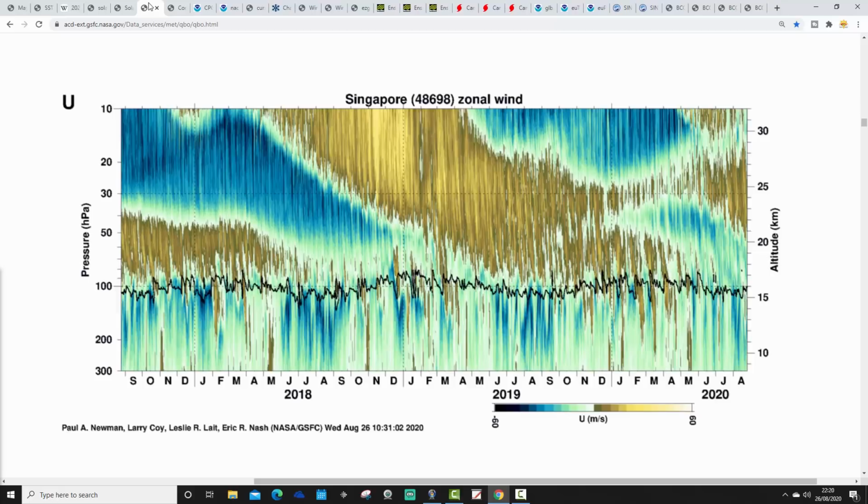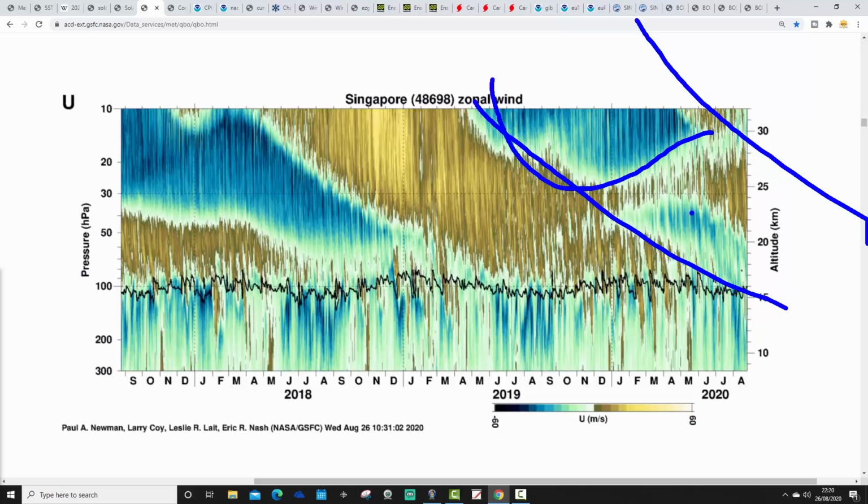We'll be monitoring the QBO. The QBO is a very, very complicated puzzle at the moment. We should be well into an easterly QBO. In fact, we should probably be around the peak of the easterly QBO over the next couple of months. This blue-green area should have descended down through the atmosphere from the stratosphere to the top. Should have descended down. But it didn't. It stayed stuck up here in the stratosphere and lower down below the troposphere.